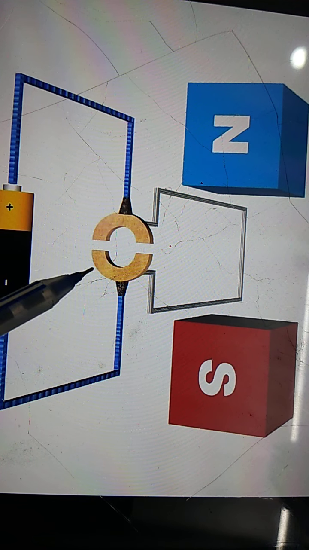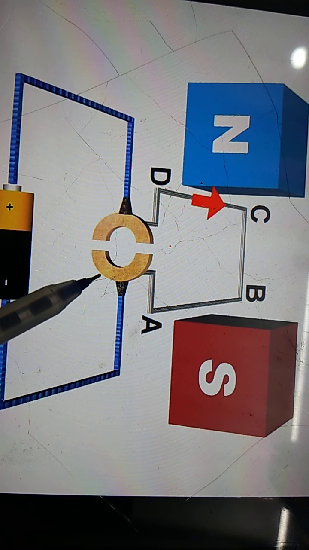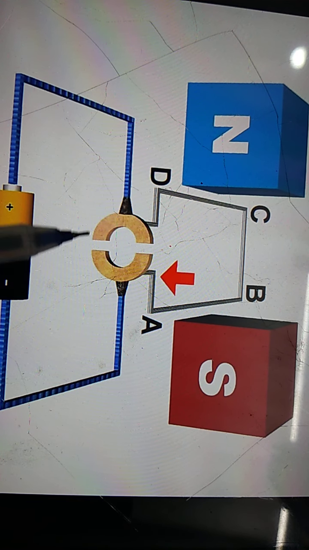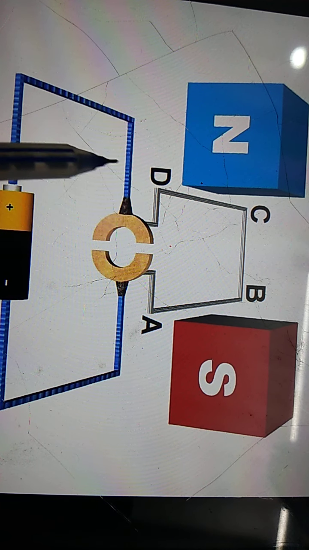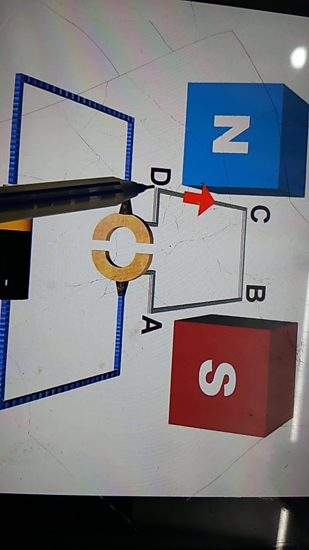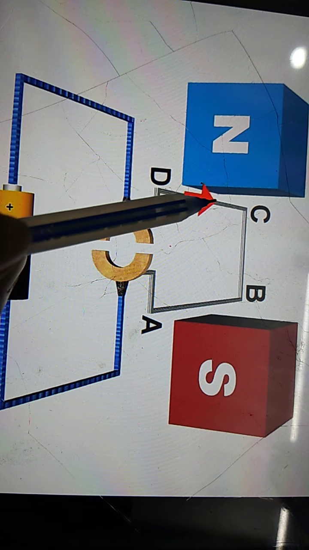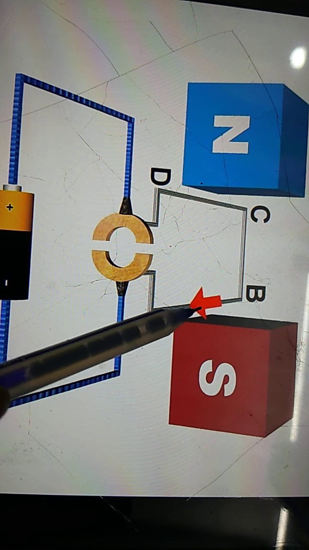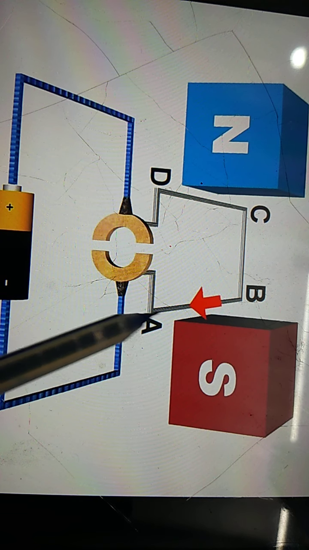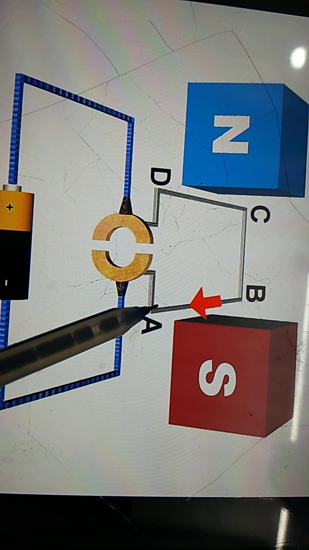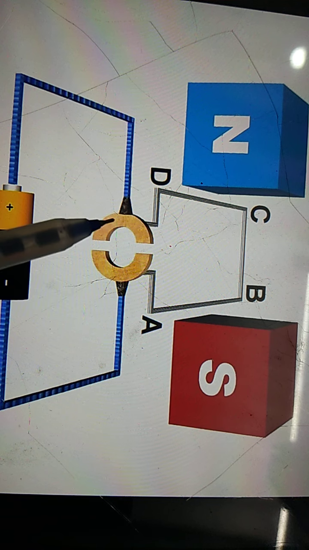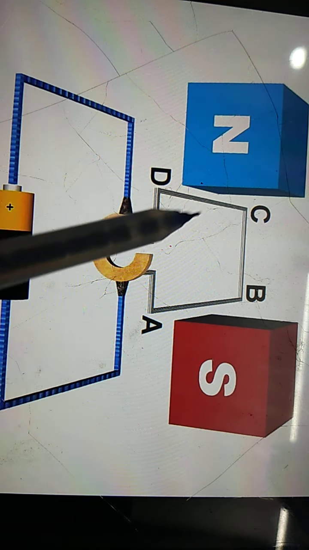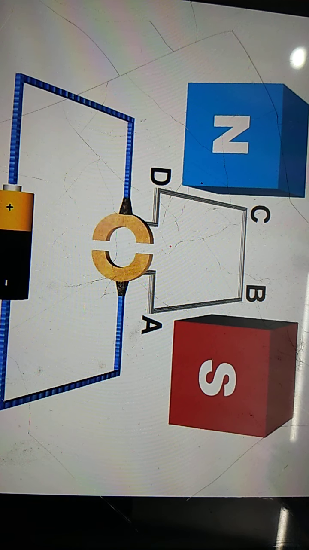And here you can see P and Q are two split rings. They have a gate role. P and Q help us to maintain a current in your left hand side from this end to this end, that is the arrow indicated here, and here from this end to this end the arrow is indicated. So whatever be AB or CD, you will find current is always going from this end to this end and from this end to this end.